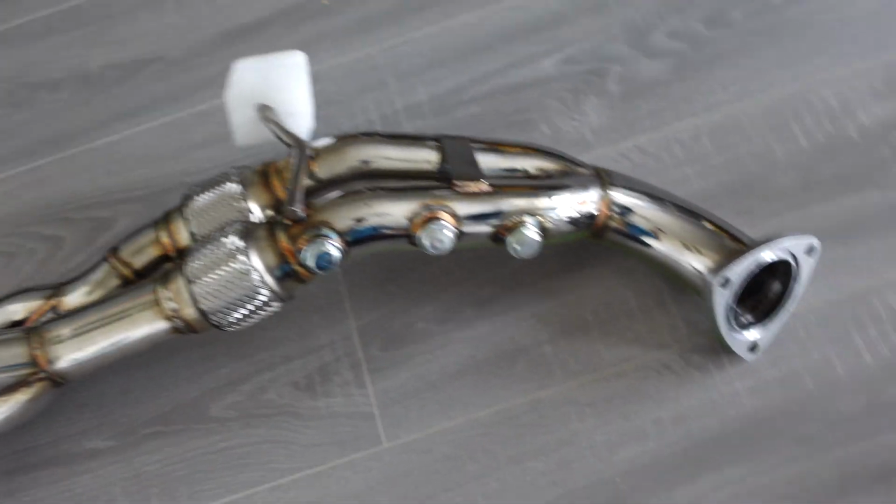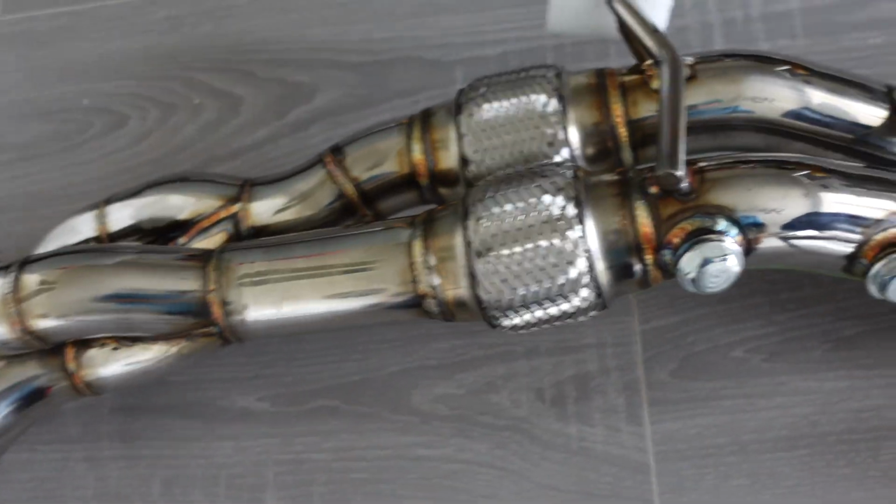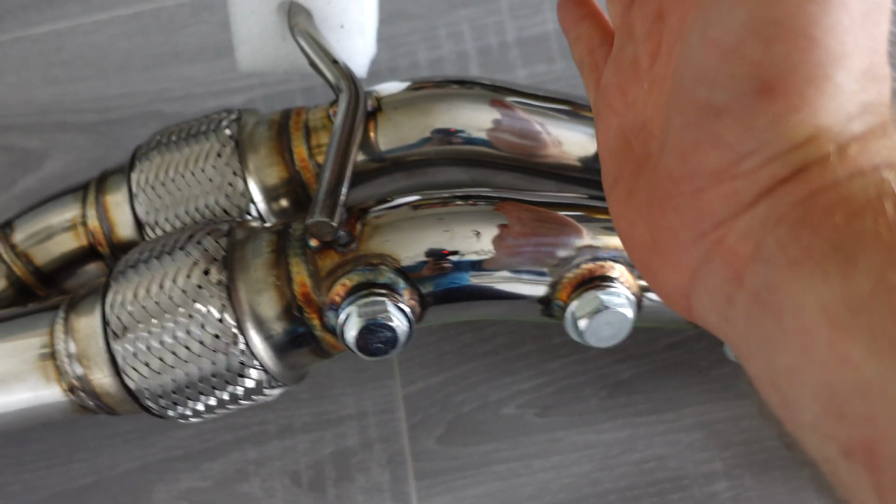Cheap eBay manifold for an FN2 Type R K20Z4 engine, which I'm going to be using on a Honda Jazz with a bit of luck. Hopefully it'll fit. Otherwise we'll probably just have to chop through there, or maybe chop it there and then re-angle the back end, but that's that. So it ain't the best,